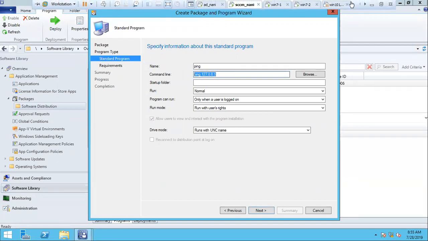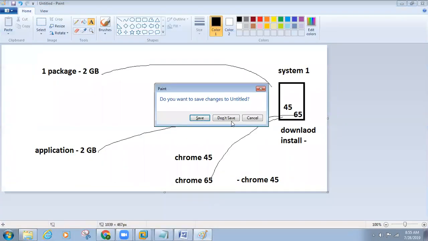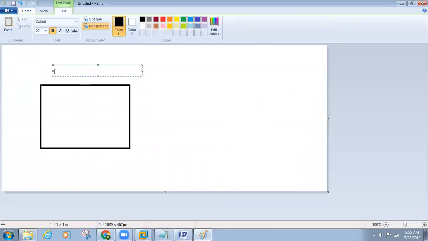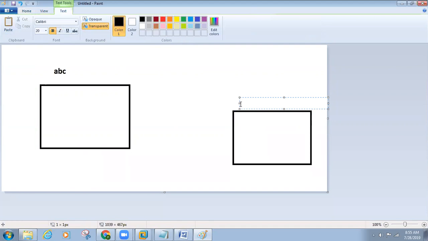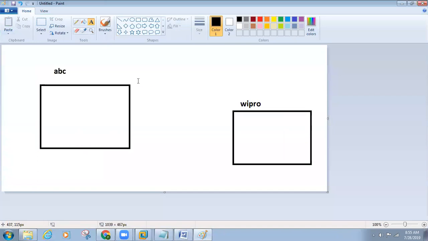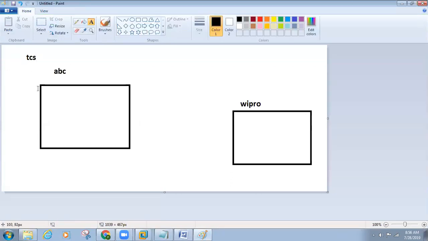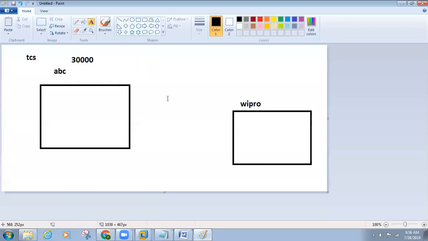Or if you are taking a new project for a client, say there is one company called ABC. Wipro got ABC as a client. Before that, ABC was supported by another company, TCS, and it has some 30,000 machines. So when Wipro is taking over,